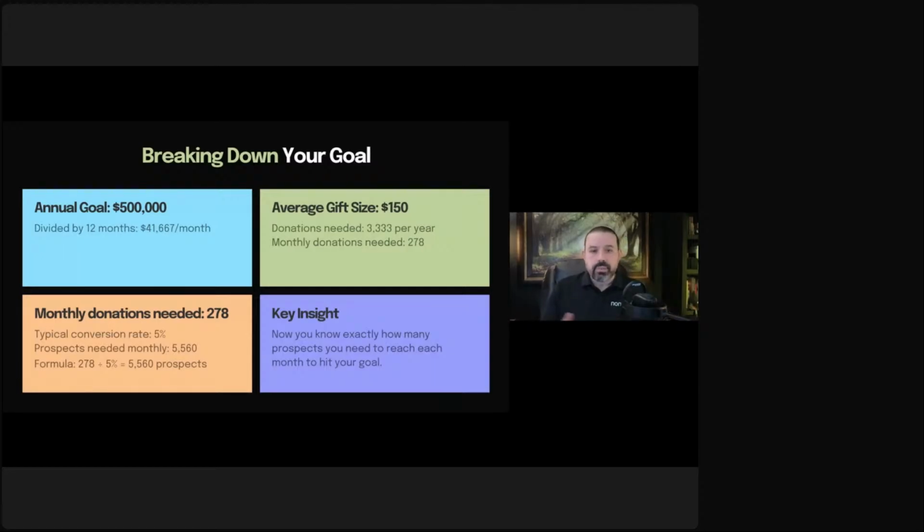If you've never gone through this exercise, a lot of people say, we want to raise $1 million. We hope to get a $1 million grant. That's not really a plan unless you have the grant in the bag. I know an organization that gets an annual grant from their city, and they can count on it like clockwork. Every year they get $500,000. That's phenomenal.